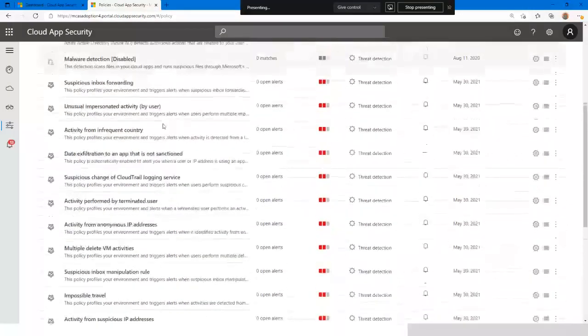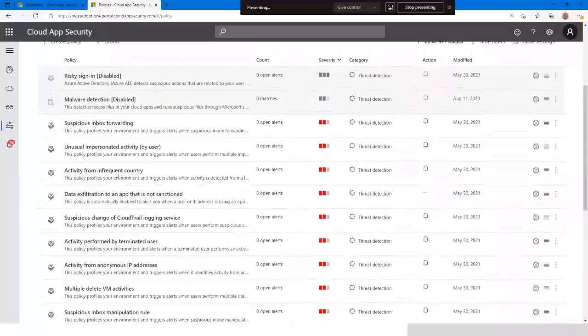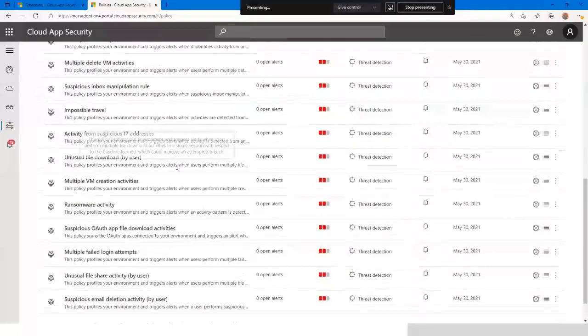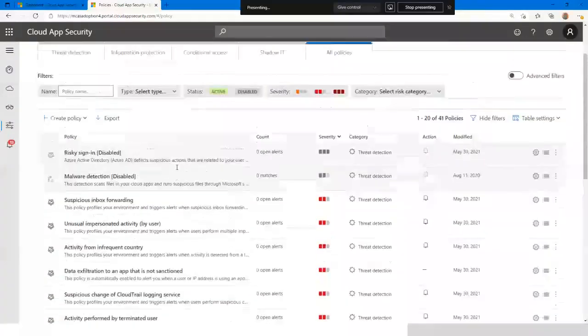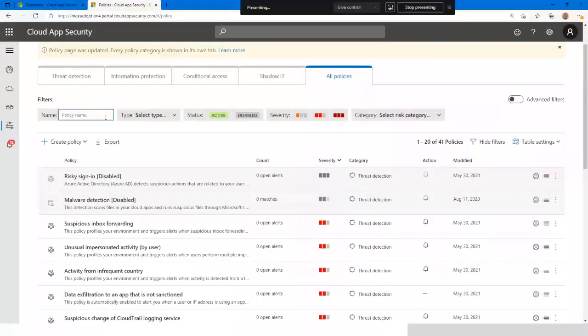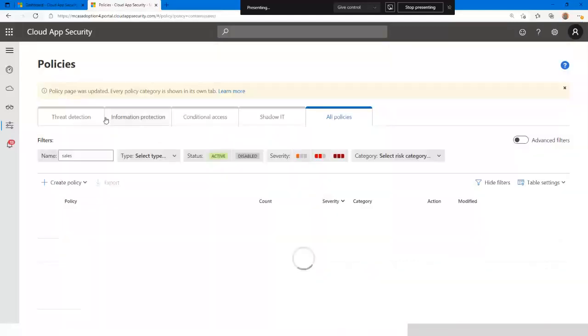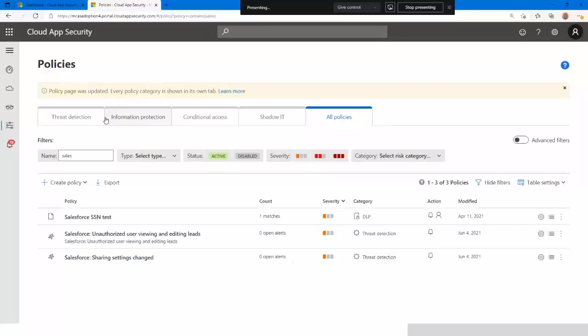You also have activity from an infrequent country. If you have a user connecting from a country where usually there's not much activity, and there are a number of others. I will let you browse through them. All of these are obviously documented in our official documentation. But now let's review the more specific policies, and most importantly, the policies that are created manually,